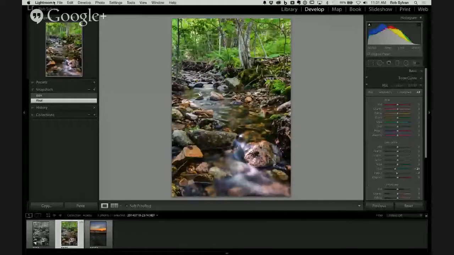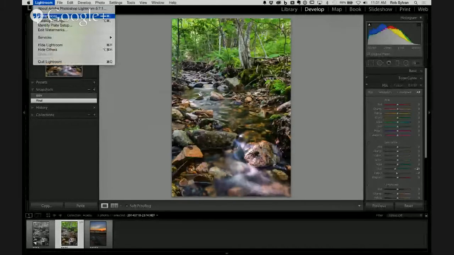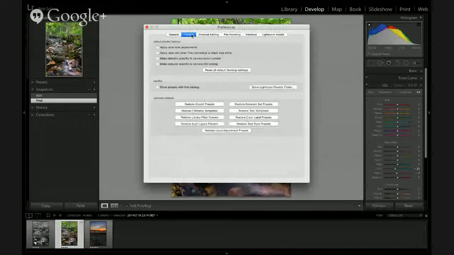Let me share my screen. This is a good question. It comes up a bit. So I go over to Lightroom Preferences again. If I was on Windows, this would be under Edit. And I come over to the Preset tab. Now, by default, this location checkbox here is unchecked. And that's good. When that's unchecked, that means that all of your presets and templates, and that includes everything in Develop,